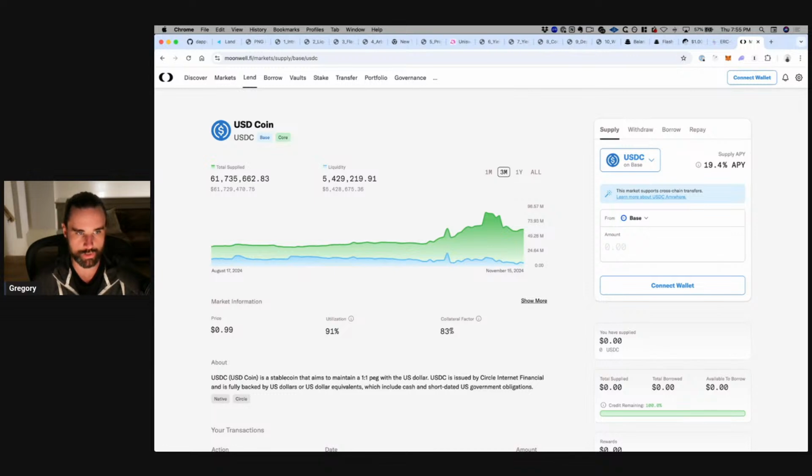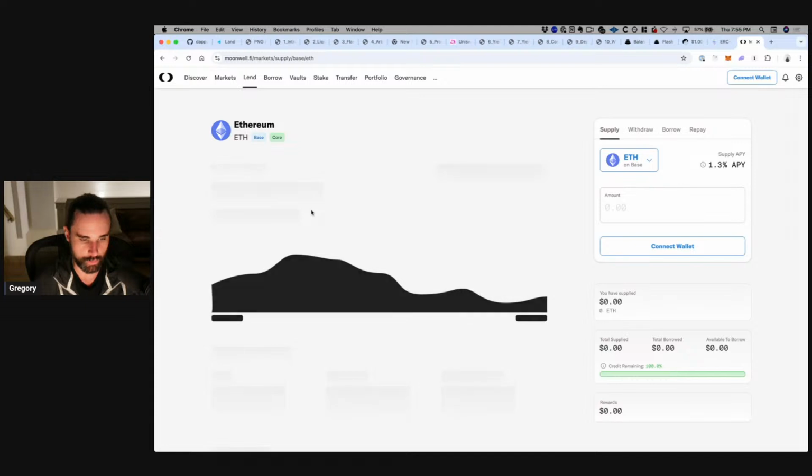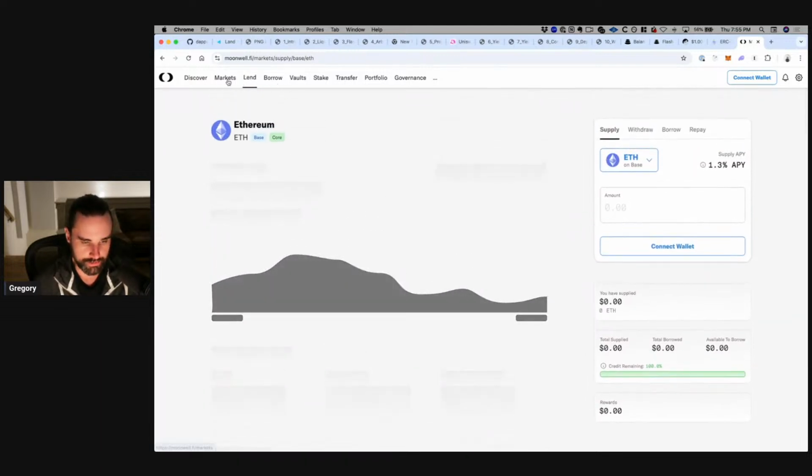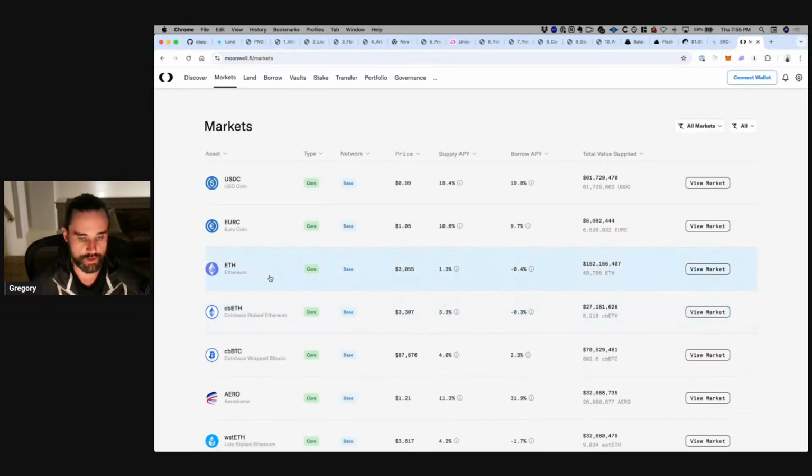So that's the biggest risk in this whole thing, if you try some other cryptocurrency, especially a volatile one, or USDC lost its peg or something like that, which is probably not going to happen, but it could. Or if you're using a different cryptocurrency like Ethereum, whose price goes up and down, and your cryptocurrency falls in value, and the amount of cryptocurrency you're borrowing is now worth more than 83% of what you deposited, then you can get liquidated, which means you're going to lose your money. So that's the biggest risk of this whole thing.